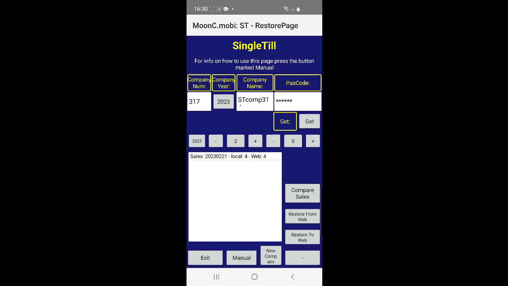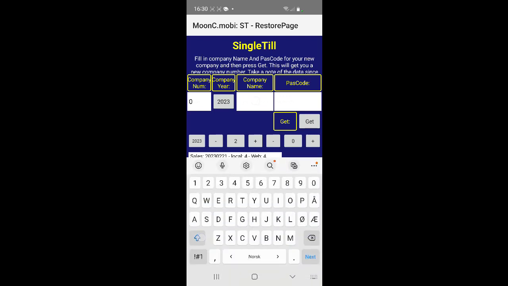For each, then you can create a new company. So you can have as many companies as you want. You give it a company name, and a passcode, which obviously will be displayed.